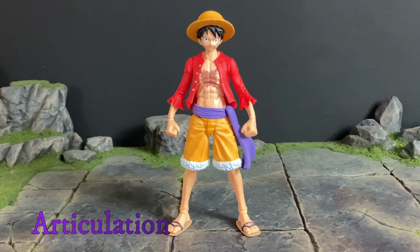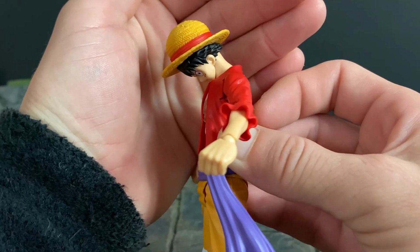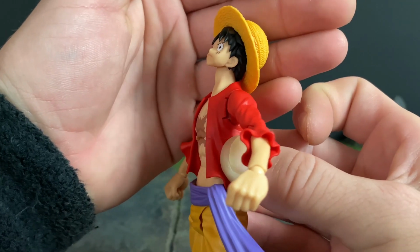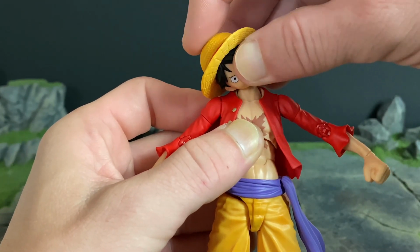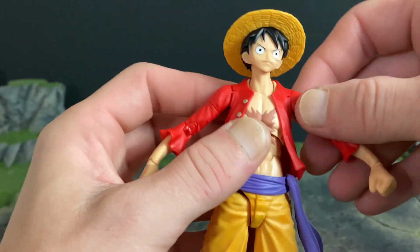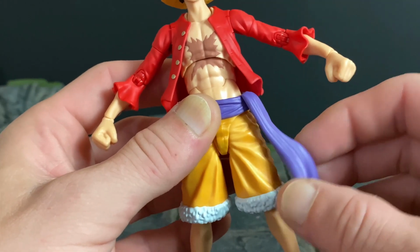So now for Luffy's articulation, for the most part, he has excellent movement. So the neck and head can look down that much with both joints, looks up pretty damn good as well, and you get some beautiful pivoting out of both the joints, as you can see there. And then, of course, we do get the swivel action at both the upper and lower necks. Then the sash is on like a little ball peg type piece, so it can pivot, move up and down,